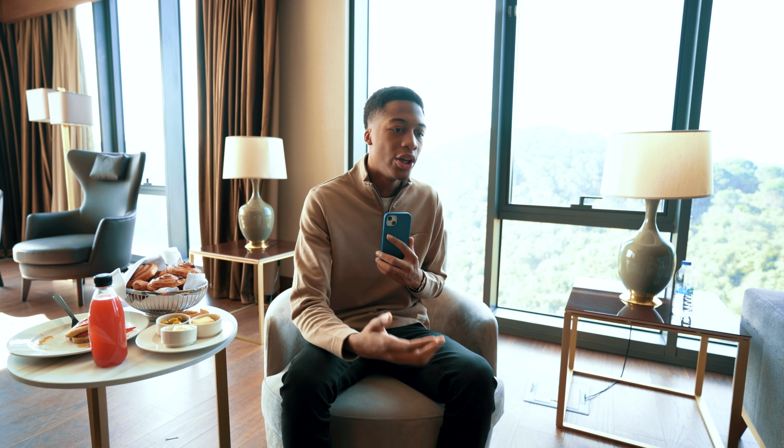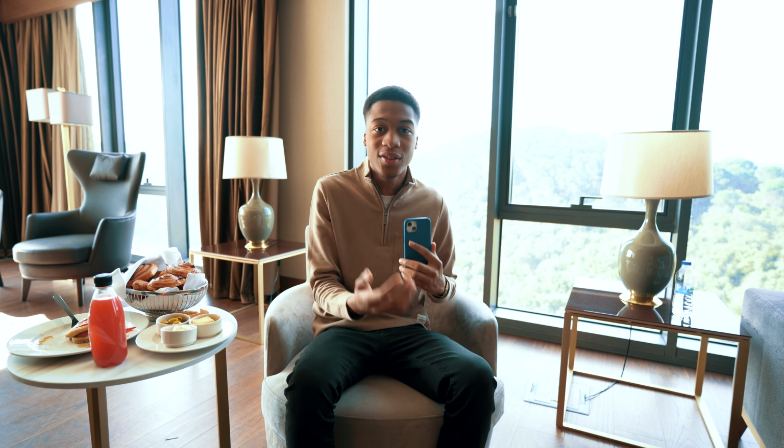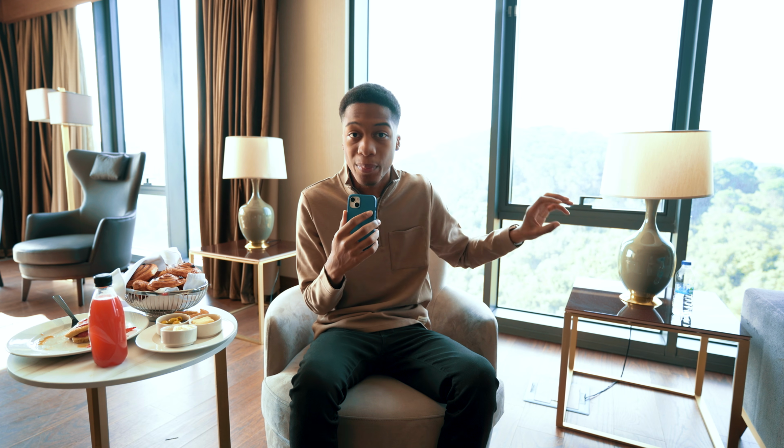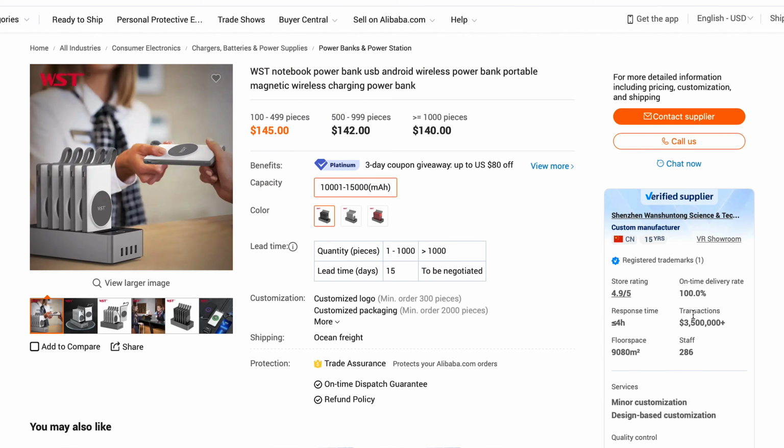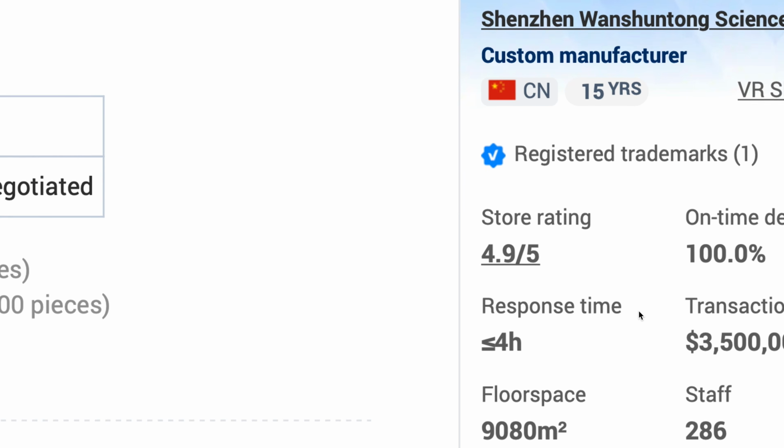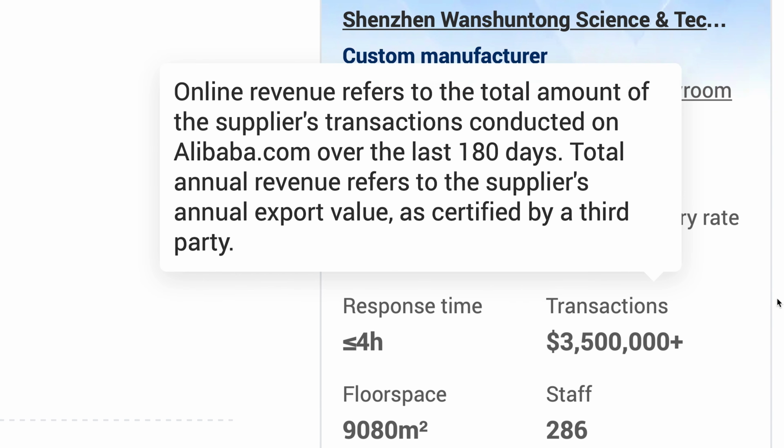For example, you can be looking at a particular product. It may be a smartphone, some type of car cleaner. Go to the eBay product engine tool. There's a section where it will say product research. You're simply going to put in product research and you're going to type in the exact same product you saw on AliExpress or Alibaba. When you type it in there, it will begin to show you how popular the product is and how much in US dollars the product has sold. And this is a thing that you can see continuously.